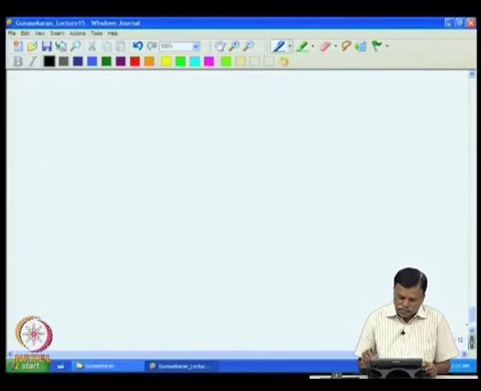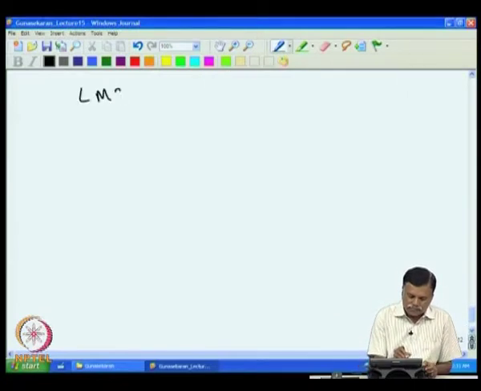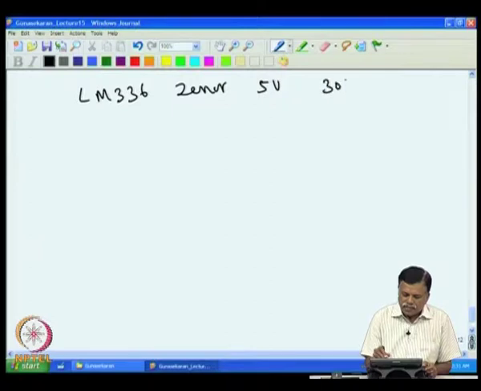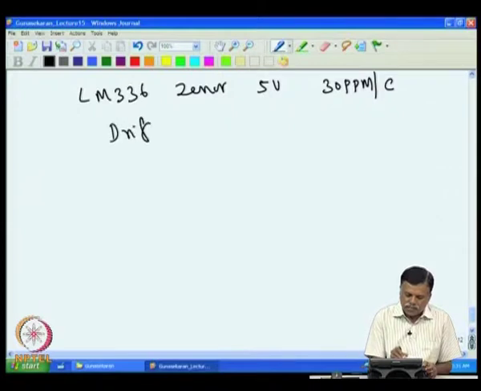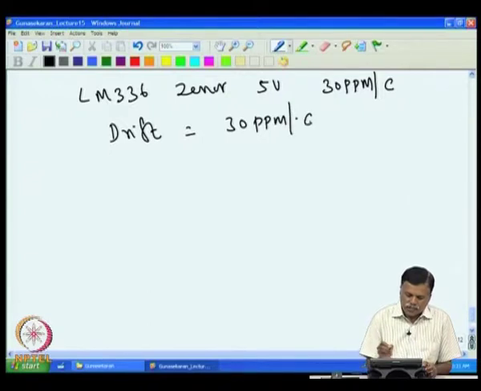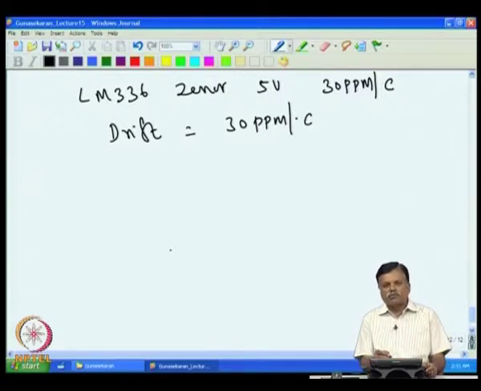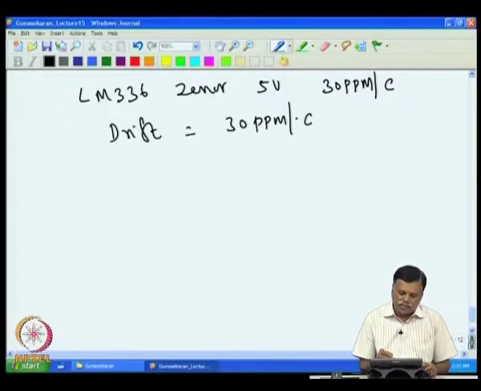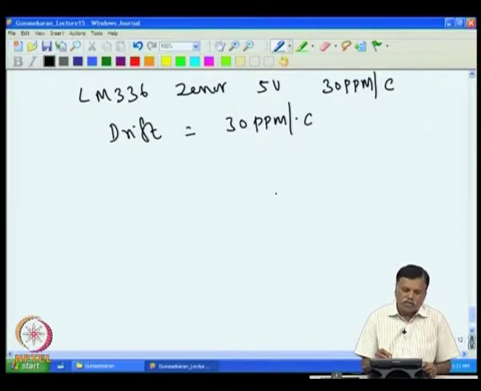If you look at the data sheet of the LM336, the 5 volt zener drift is given as 30 ppm per degree C. So, the drift for the zener is 30 ppm per degree C. What is the expected output voltage change? If the zener drifts by 30 ppm per degree C, then what is the output voltage change due to the zener drift? That means first we have to find out the voltage change at the zener end